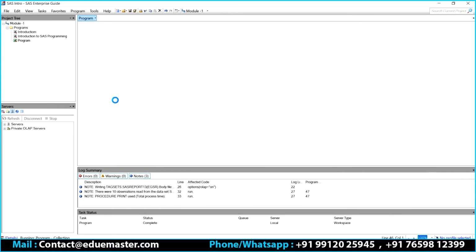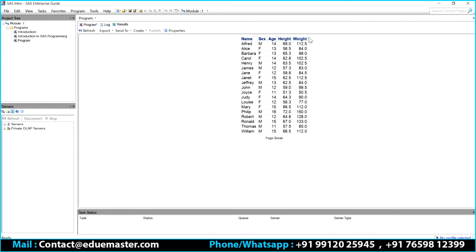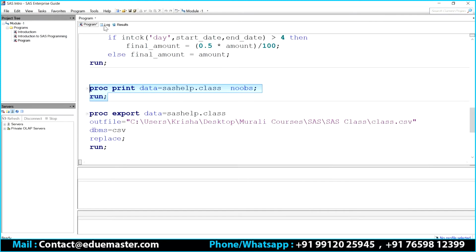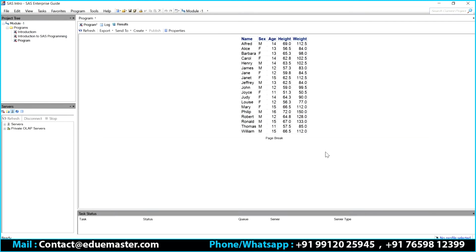So where is this print getting generated? Can I say it's there in the results viewer? That's what we talked about: program, log, and the results viewer. By default, it is going to the results viewer.